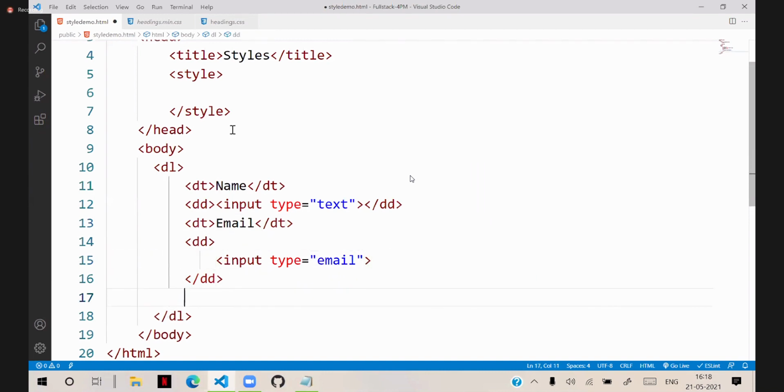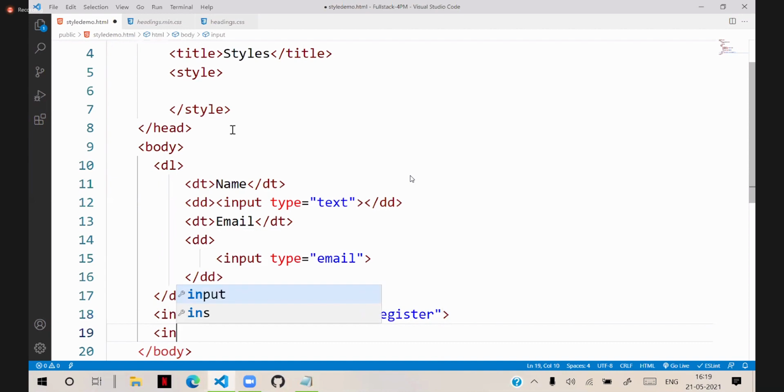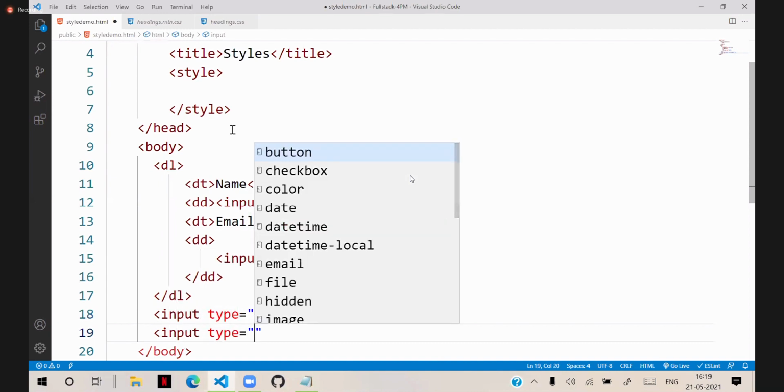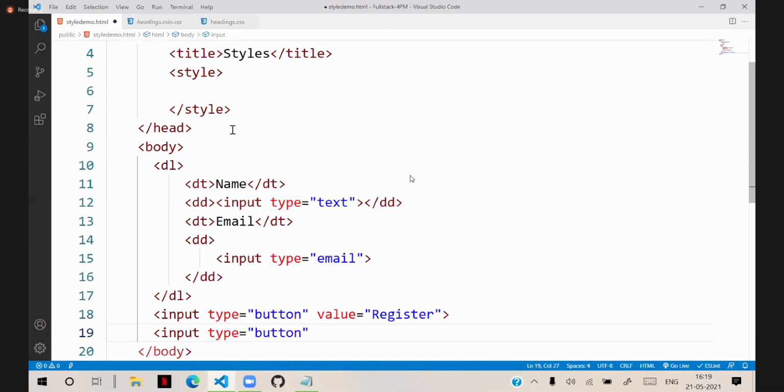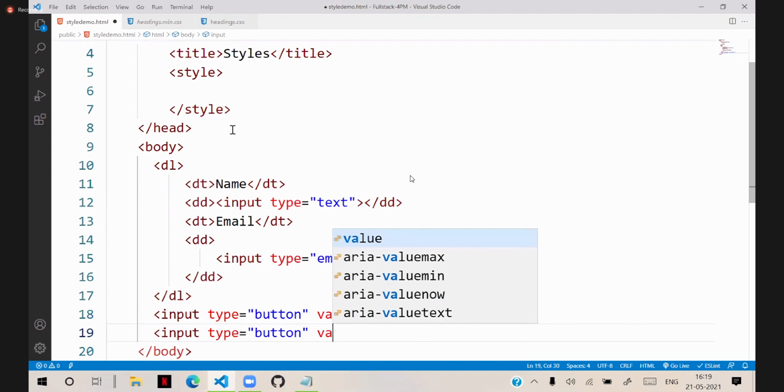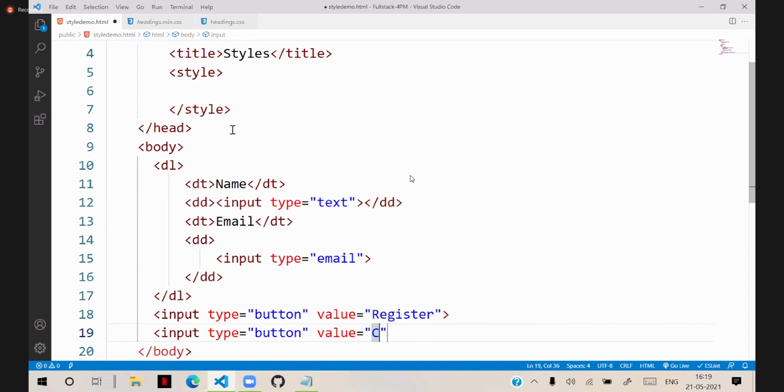And we have two buttons: input type is equal to button with a value called submit, or say register, and input type is equal to button with value cancel.